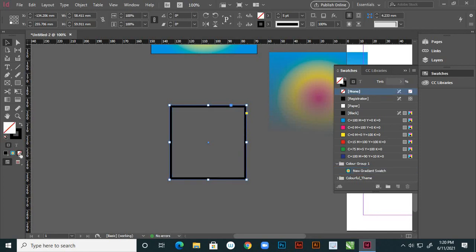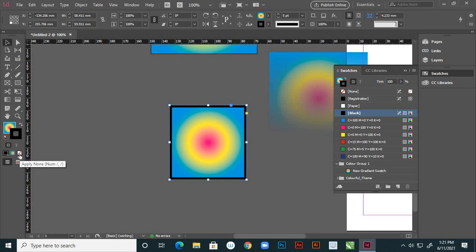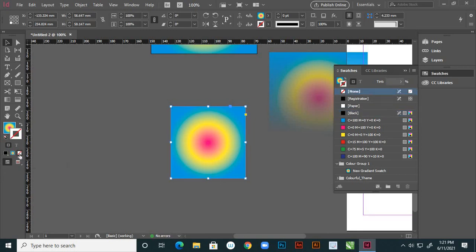Don't want fill color, right? And here I'm applying again by clicking gradient, and by choosing the stroke color and applying none. See, you are not applying for outline, right? And again I'm applying outline black, right? Yes, these are the options here, right?